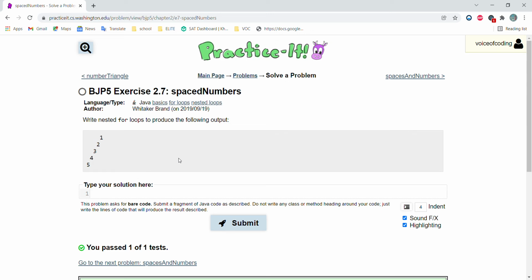This is exercise 2.7, spaced numbers. The problem reads, write nested for loops to produce the following output. This is the output that we have to produce. This problem is very similar to exercise 2.6, where we're going to be creating a number triangle, only this time